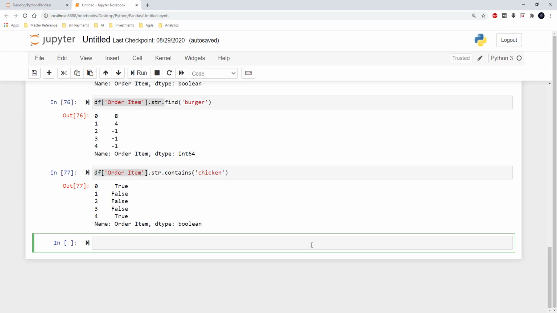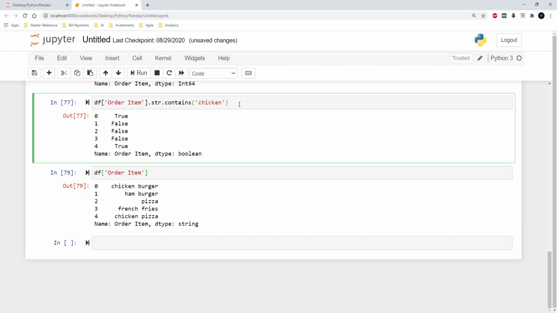I will just display the order item column to check how it looks. So this has again all the values, and all of them are in small letters. So next thing I wanted to show is I can use regular expressions along with the contains method to check if the condition is met or not.